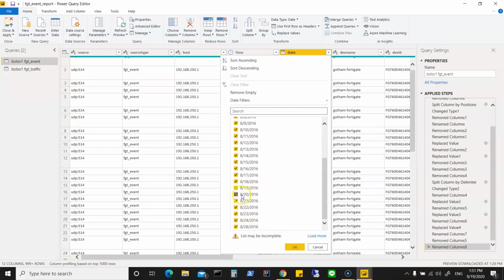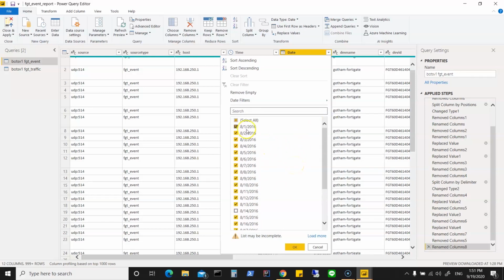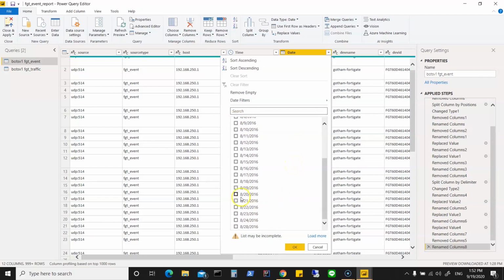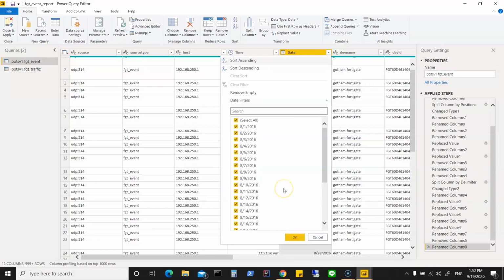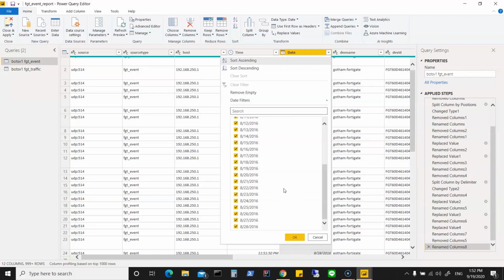So let's choose from 820 onwards. So I'm going to unselect all, and then I'm going to say let's go for 820, 21, 22, 23, 24, 28, and anything before that. Well, let's take 29. Let's do a load more to check if we are missing any dates. No. So let's go for